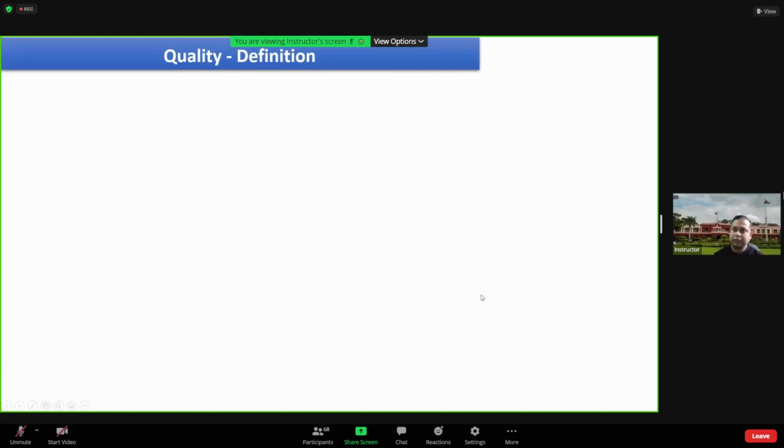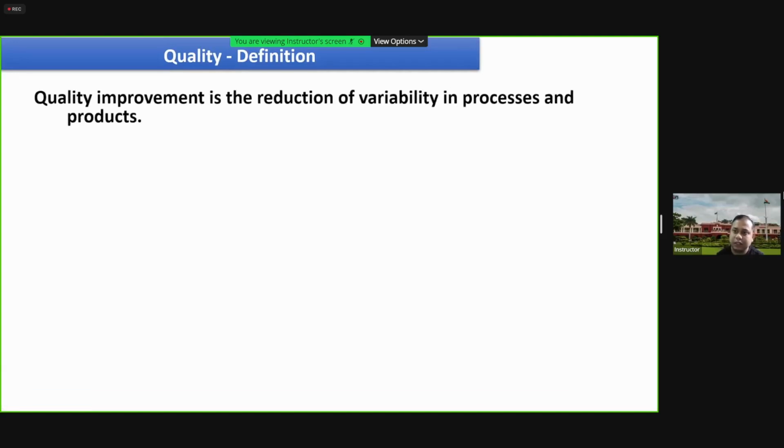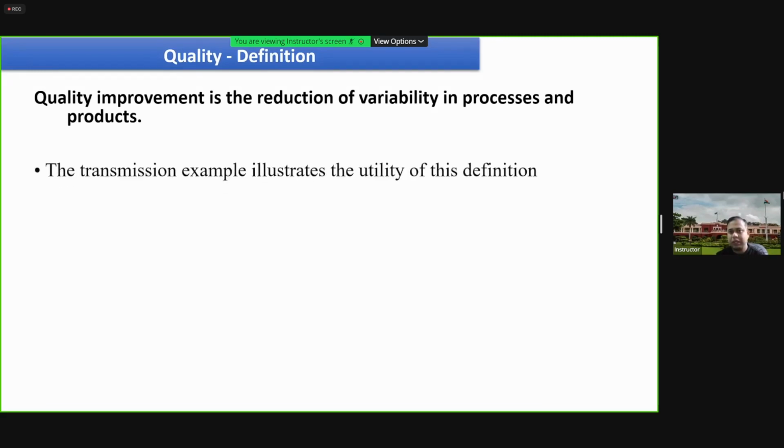Under that we discussed how these definitions of quality management have changed over a period of time. A few definitions we discussed were fitness for use, conformance to standards, freedom from deficiencies, and then we saw it as a ratio of performance to expectations. And then the modern definition that we discussed is that it is related to the variation in the product or the processes, and the goal should be to reduce it.